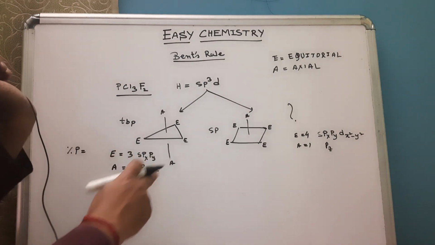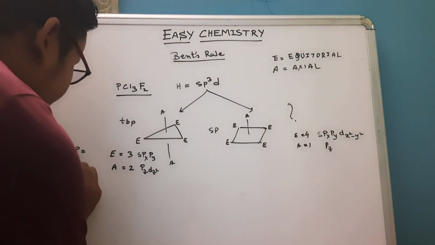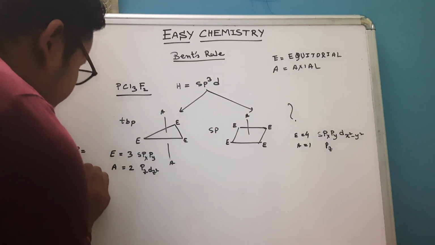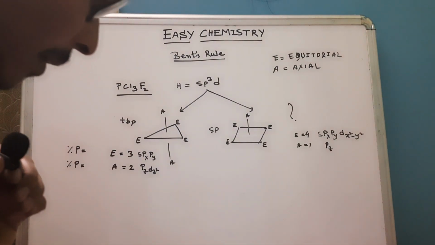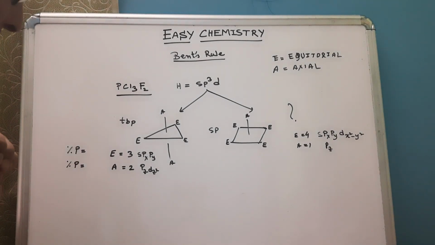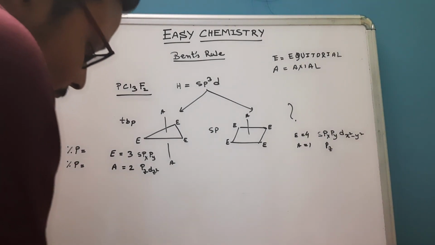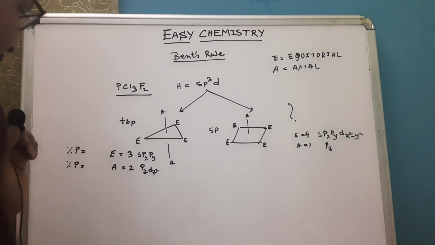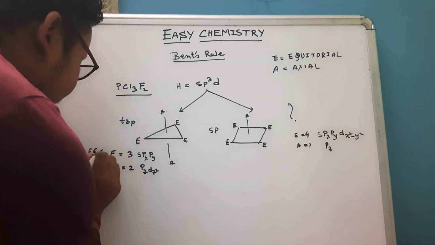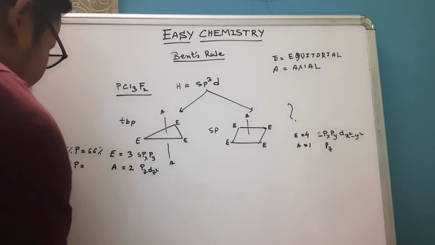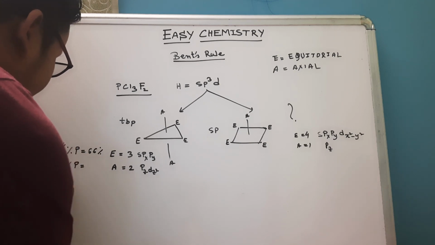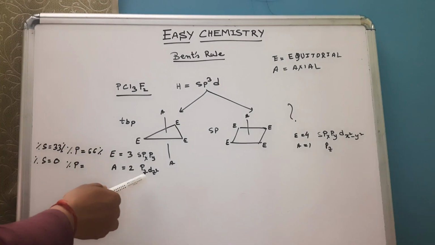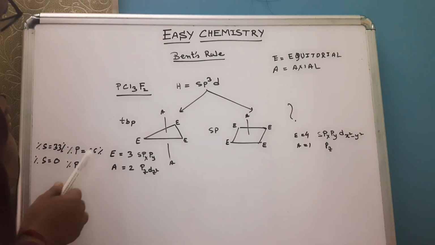Here in the equatorial the percentage of p character is 66%, and the percentage of s character is 33%. And here in the axial the percentage of s character is 0 because no s is present, and the percentage of p character